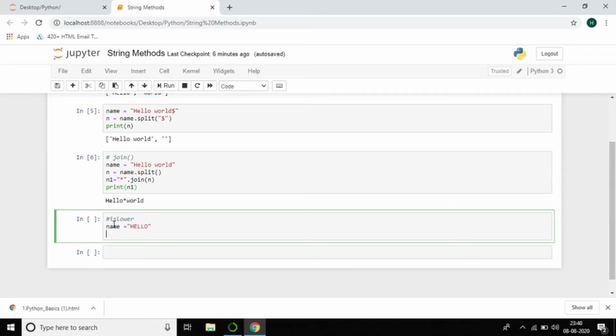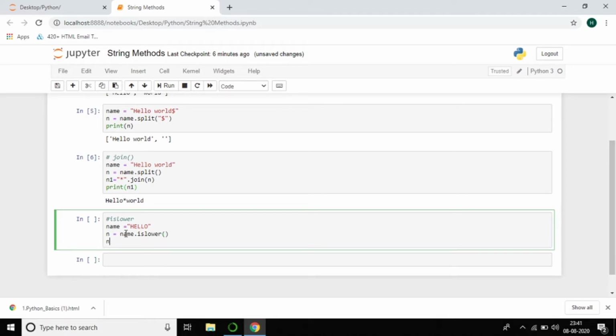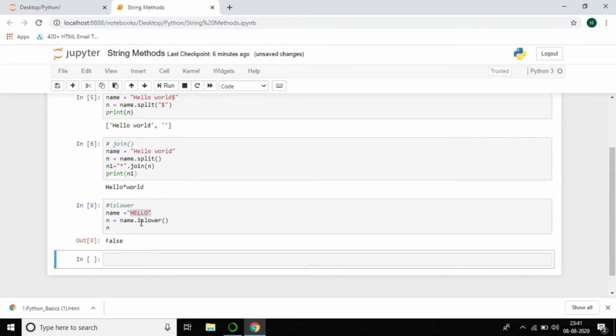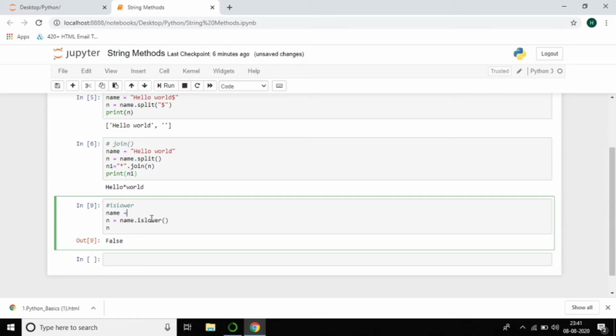I'm checking is lower: n equal to name dot is lower, and print n.